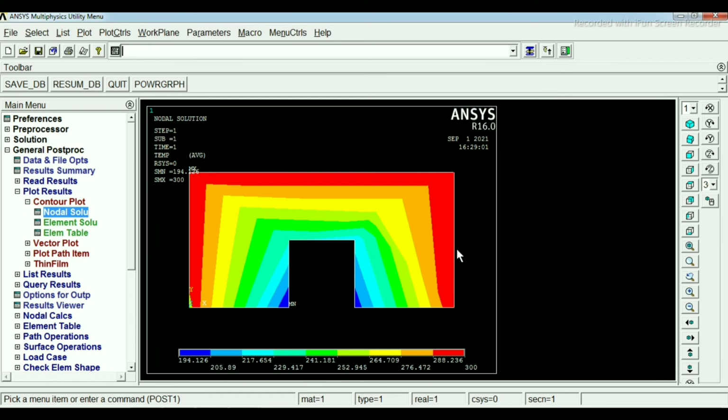Here we have got the various temperatures acting over the 2D component. If you see, the highest temperature is 300 degrees Celsius and the lowest temperature is 194.126 degrees Celsius. The lowest temperature is acting near the side of the rectangular cut, and the maximum temperature is acting at the bigger rectangle.